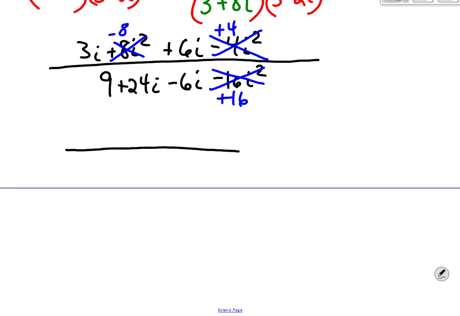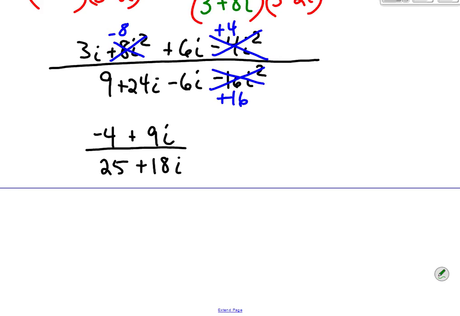So I'm going to put my numerical parts first. When I take the negative 8 plus 4, I get negative 4. And then 3i plus 6i is plus 9i on the top. On the bottom, when I combine those, the 9 and 16 is 25, and the 24i minus 6i is plus 18i. Now, that is getting a common denominator and combining like terms. But now I still have to